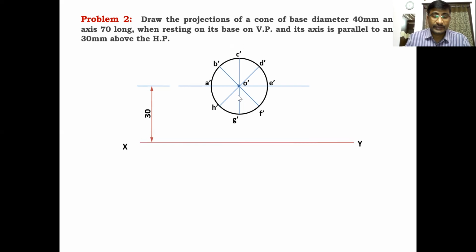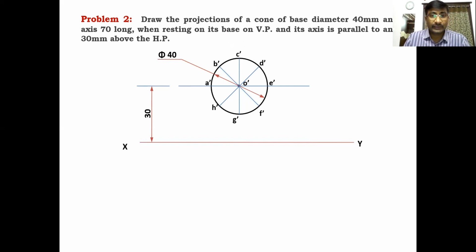After getting the points, this is the circle dimension, that is 40 mm. You have to give the dimensions like this: draw a horizontal line, that is, a diameter with arrow marks on both sides, extend it outside of the circle and write the diameter symbol 40. This is the diameter dimension of the circle.